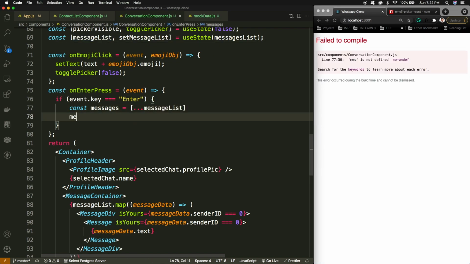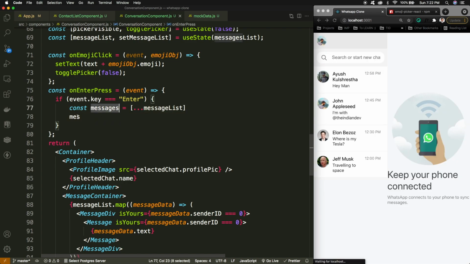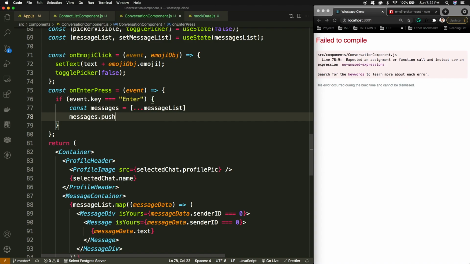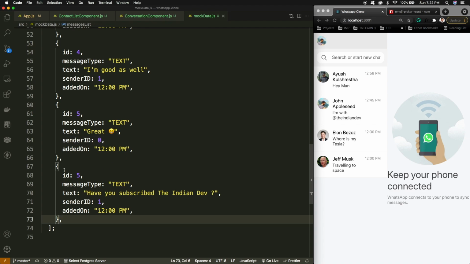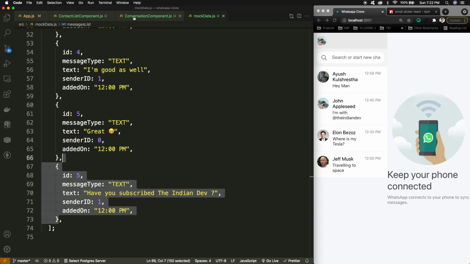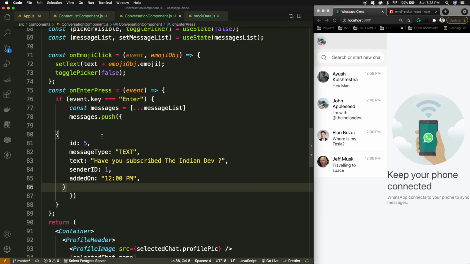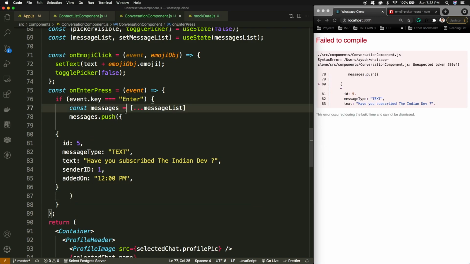So inside this messages, I just wanted to push a new message object. So inside this push, I'll be using the message structure that I am having. I can simply copy this, and for now I can keep the ID 0 because this is just for dummy purposes.